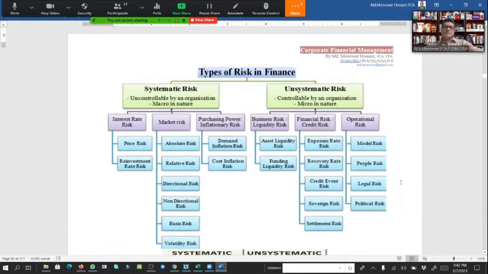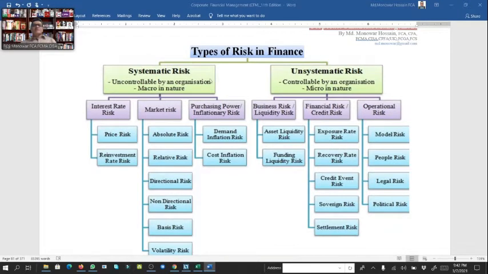In finance, we have different types of risks. In finance, there are 2 types. One is systematic risks and another is unsystematic risks. The systematic risk is uncontrollable by an organization, and unsystematic risks are controllable within the organization. So systematic risks include interest rate risks, which you cannot control, and within the interest rate it depends